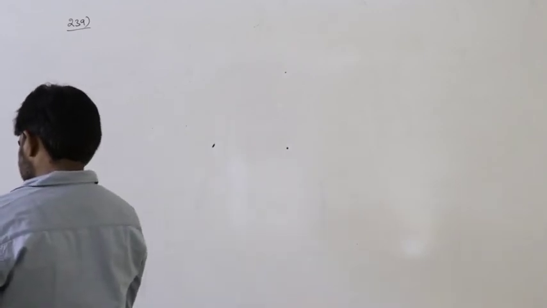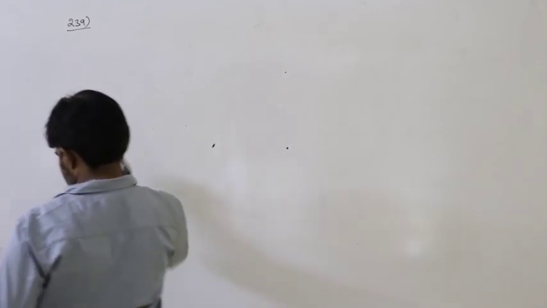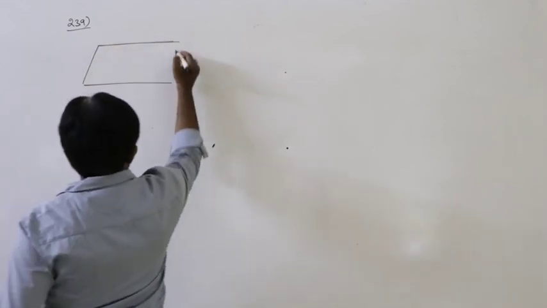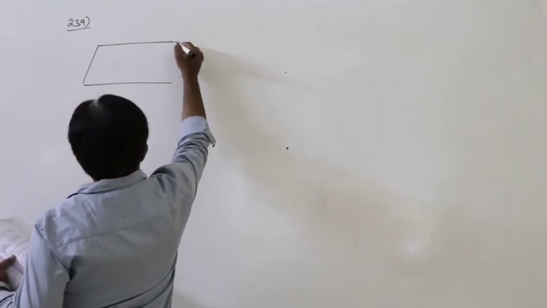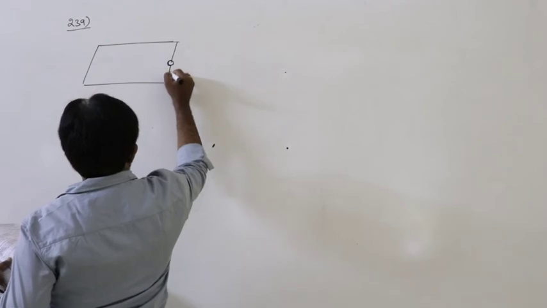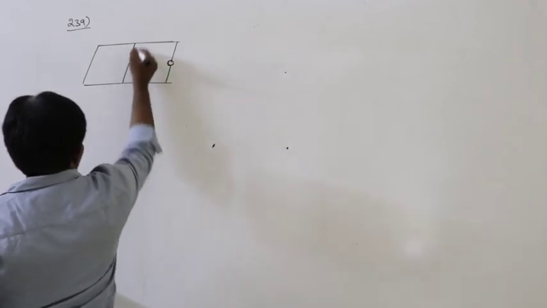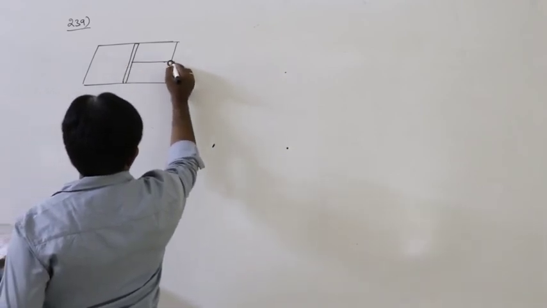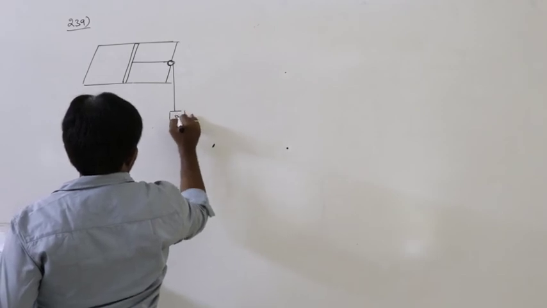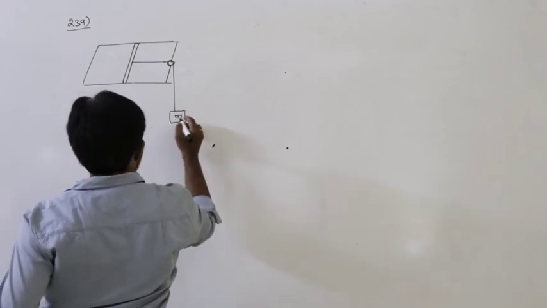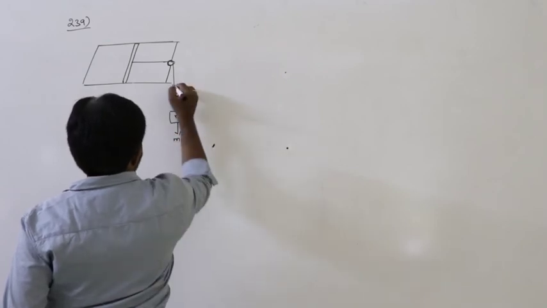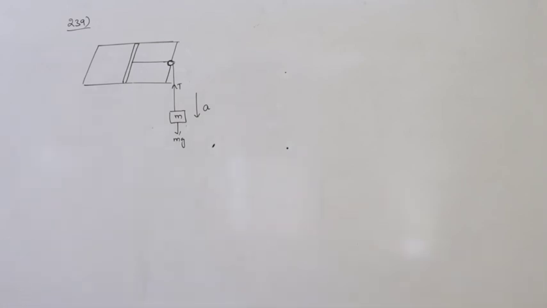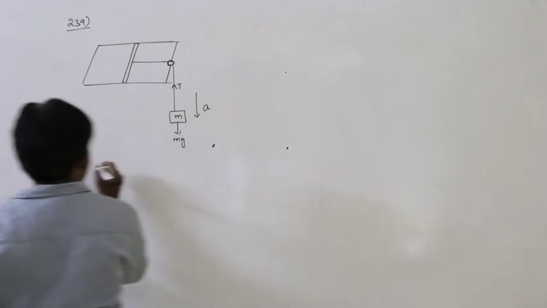So see the diagram here. This is the diagram, and this is the rail having a certain length. This is passing over a smooth pulley and a mass M is tied at one end. So mg acts downwards, T is upwards. Here it is moving downwards. So now, what is the net force here?